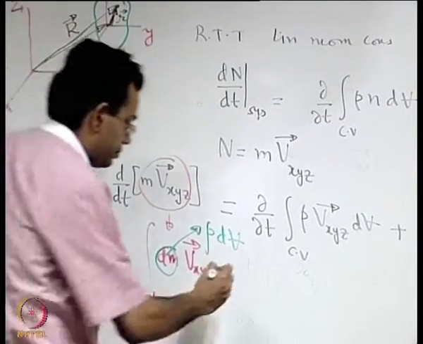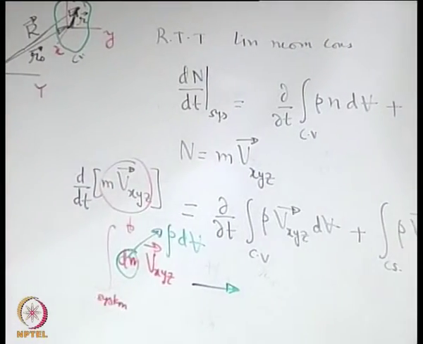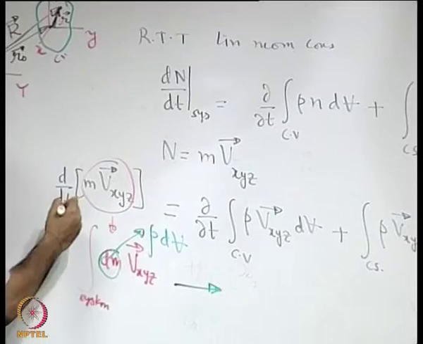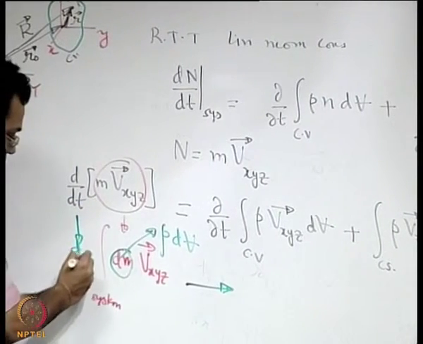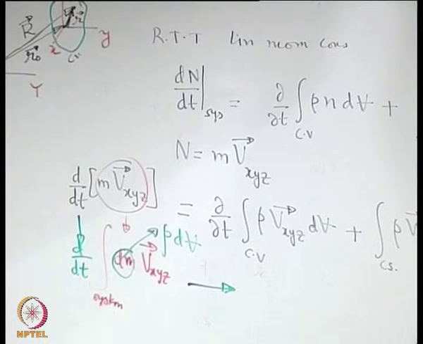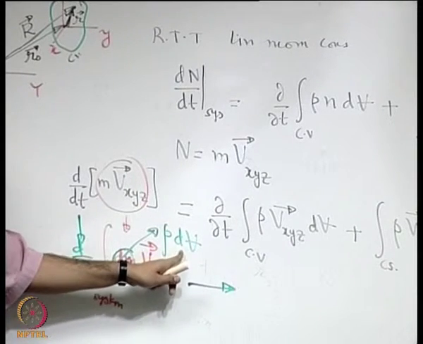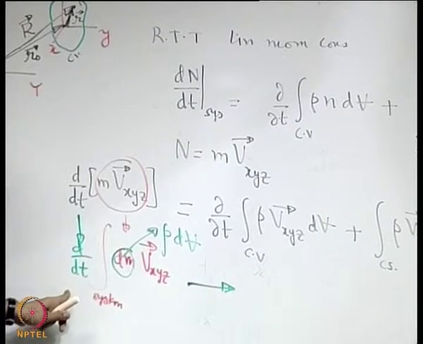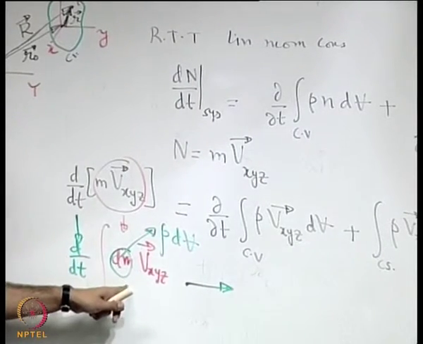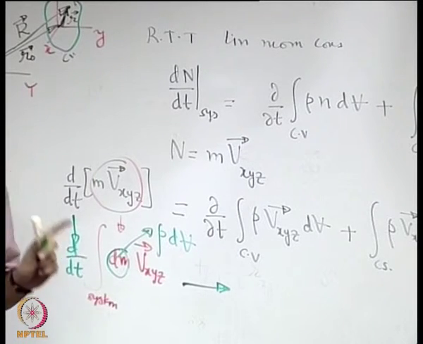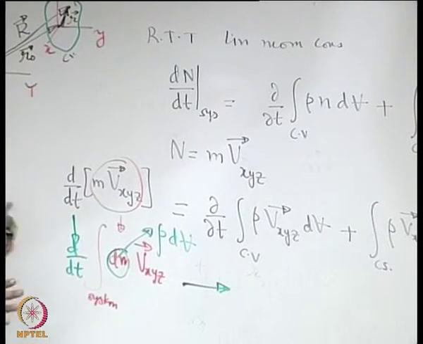Next step, so if we put the d/dt outside, then you have the d/dt also. Next step, can we put the d/dt inside? Yes or no? We have discussed these things earlier. What is the variable with respect to which integration is done? Volume. So, if that volume is not a function of time, then we may put it inside the integral without requiring to put any correction terms. So, we are assuming that it is a non-deformable control volume.